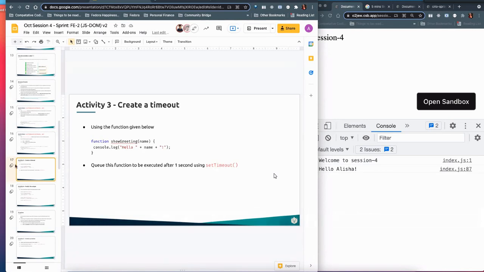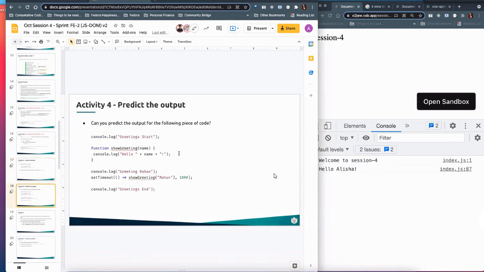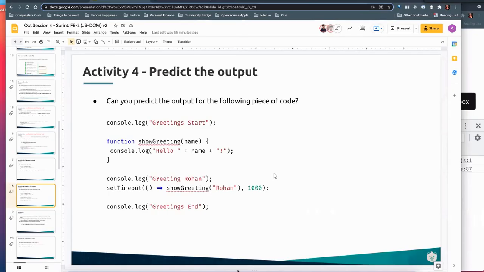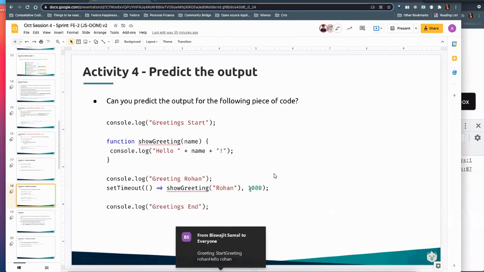So I want you guys to predict the output of what I have pasted in the chat window, and tell me, reason me out why it is so. Can anyone say why it is so? Vishwajit pasted the answer, but then,